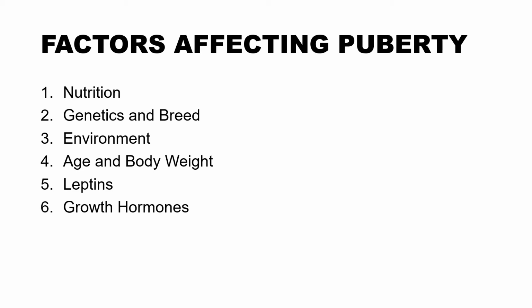So, itong mga hormone na ito, it has an effect or it has an action on the hypothalamus and yung mga pituitary gland natin, which dictates yung puberty. So, yung nutrition, parang it indirectly affects yung puberty. Kasi yung nutrition, it affects yung mga organs natin, yung mga liver, mga ganun. Basta it affects the body and then it affects the production of these hormones. So, yun yung nutrition. Sa genetics and breeds naman,